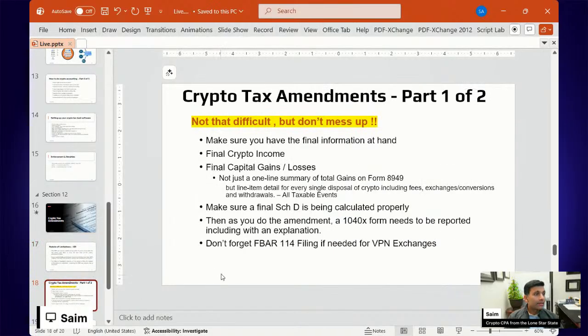All right. This is the same thing that we've talked about before. If you use a third-party crypto tax tool, then you should be able to get all that data. If you're missing some data, then you really need to search for it. I know some of the exchanges have basically gone away, so you can try to get all that data back or recreate some of it. But if you can, please report in full.